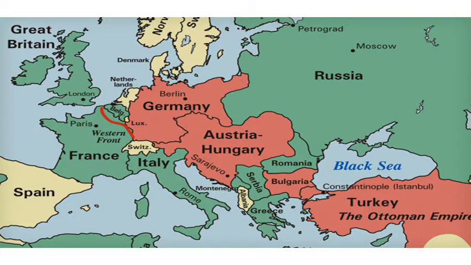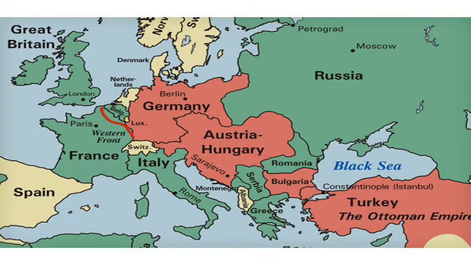So as a result of the assassination, Austria-Hungary decided in revenge to invade Serbia and sent their troops to attack Serbia. This is what began World War One, because it set off a chain reaction where the countries in green all came to Serbia's aid. Russia came in as an ally. Italy, especially France and England, came in as an ally and basically declared war on Germany and Austria. And it set off this massive chain reaction, which was World War One.